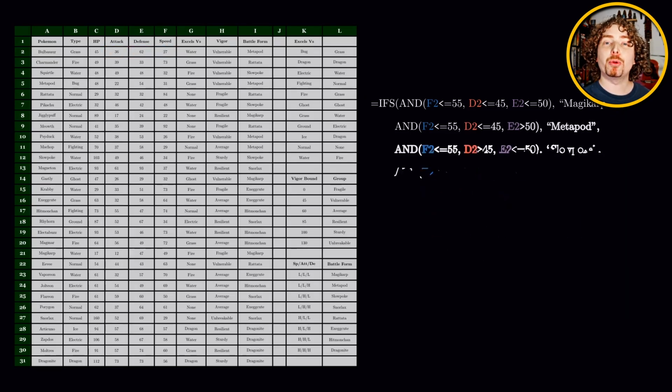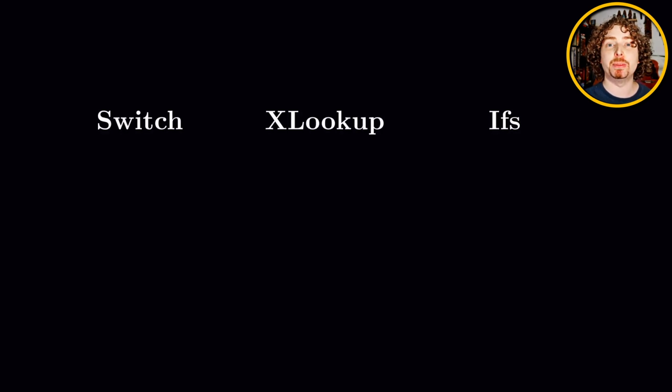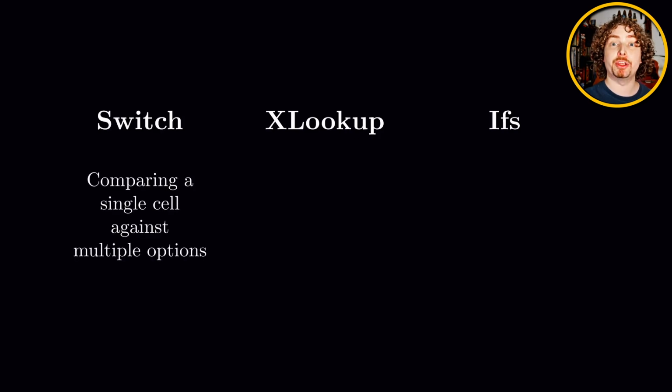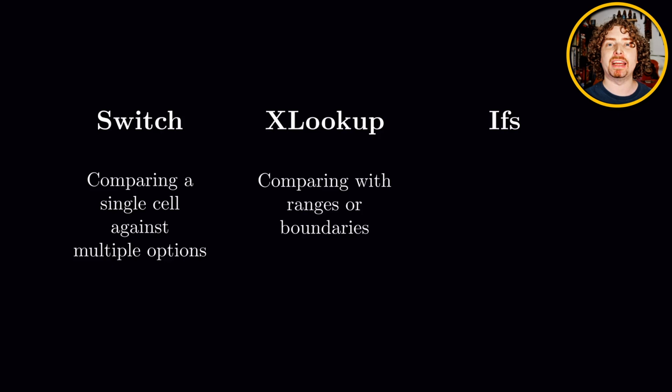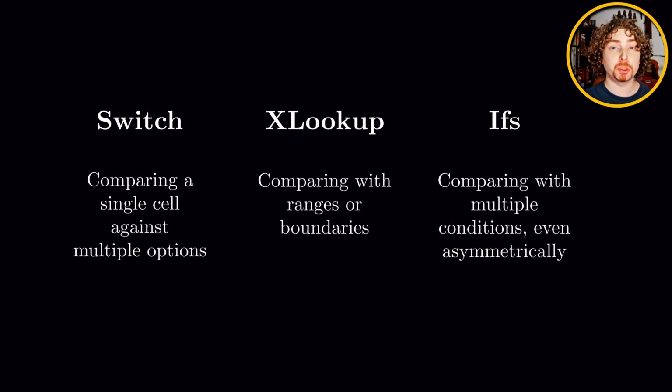When it comes down to it, all 3 of these are great alternatives to nested if statements, and each has their own particular use cases. Switch is great when you're comparing a particular value against things you know it might be. XLookup is great for comparing things where they might be in a range, because you can use that match mode. And the ifs are great when you've got multiple conditions or multiple criteria to compare against, particularly when those conditions